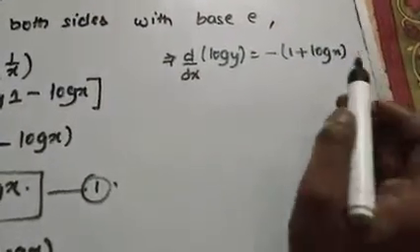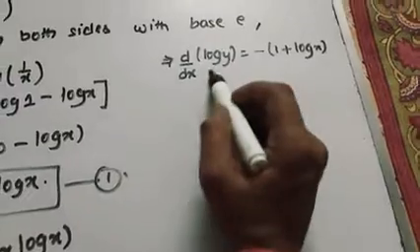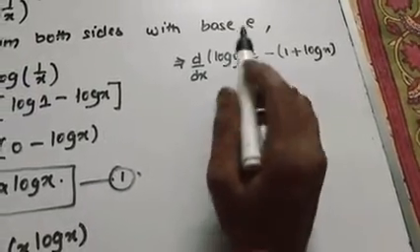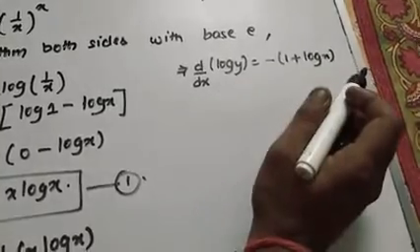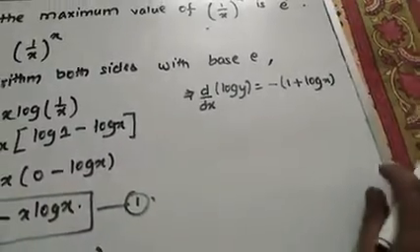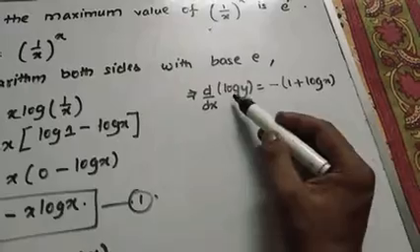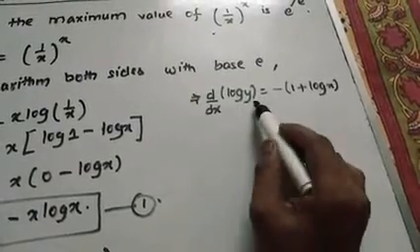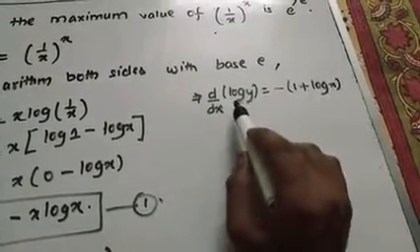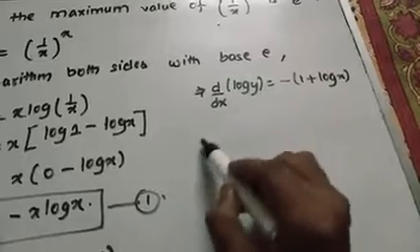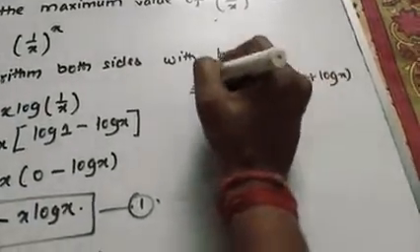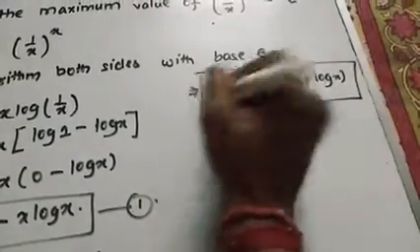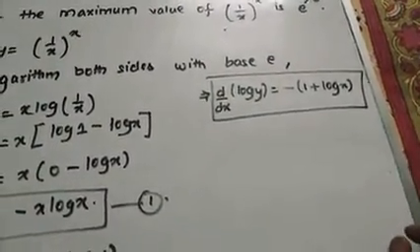Now you may wonder why I am not differentiating this side. You can differentiate this side also, or you can leave it this way. It won't affect the result. That's why I am just keeping log y as log y. I am not writing it as the derivative 1 by y times dy by dx, because it won't affect your final result. So this is the first derivative.